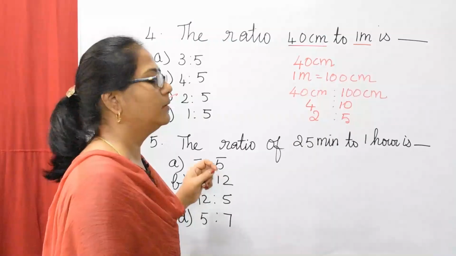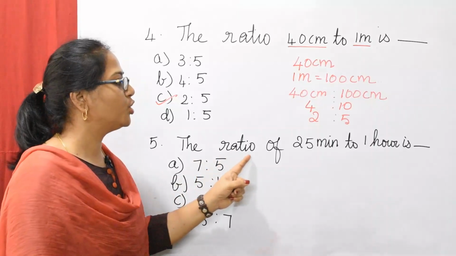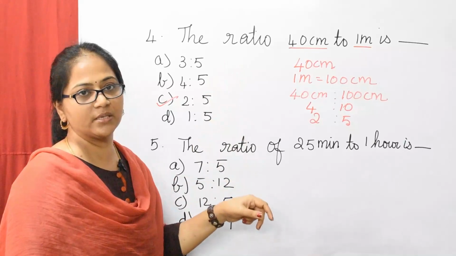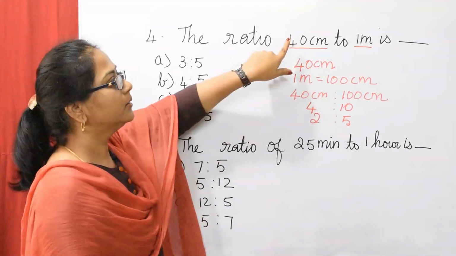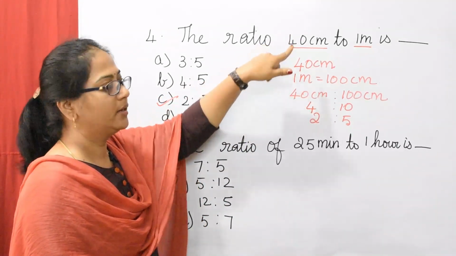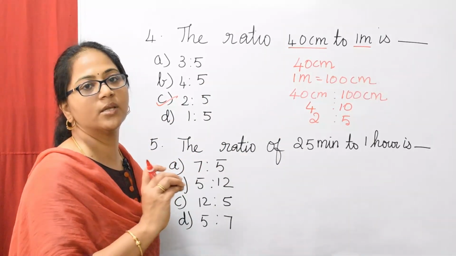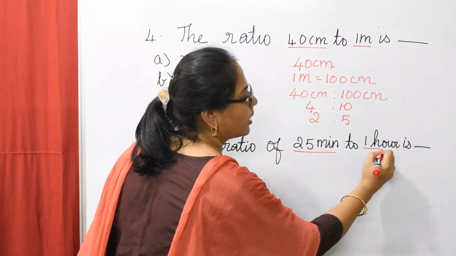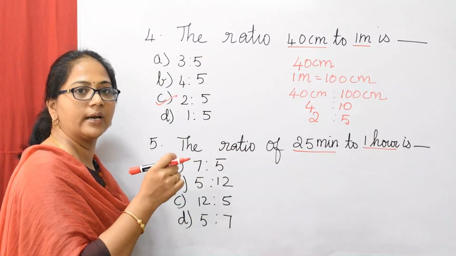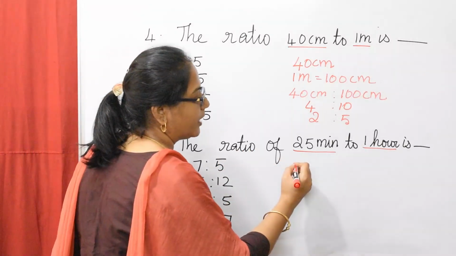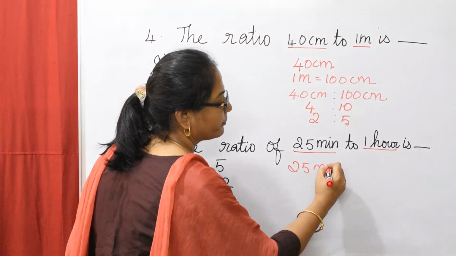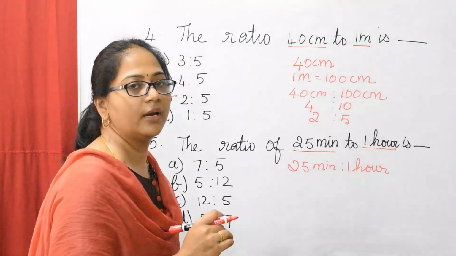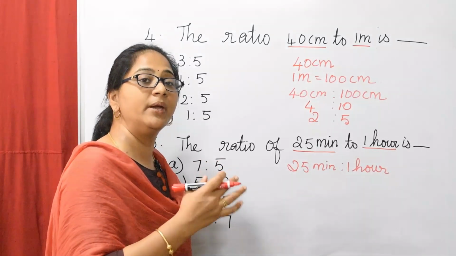Understood, students? Now question 5, the ratio of 25 minutes to 1 hour. This question is more or less like question 4. Here the question is related to length, here it is related to time. That is the only difference. So both the quantities are related to time here. So 25 minutes is to 1 hour. As I told you earlier, it is always easy for converting a bigger unit to a